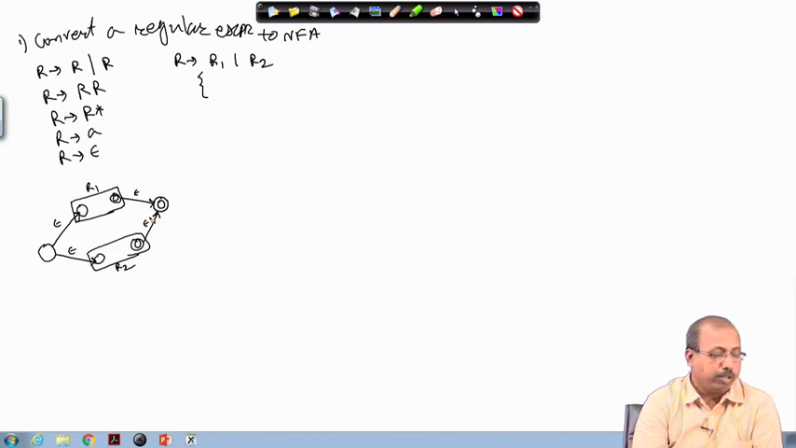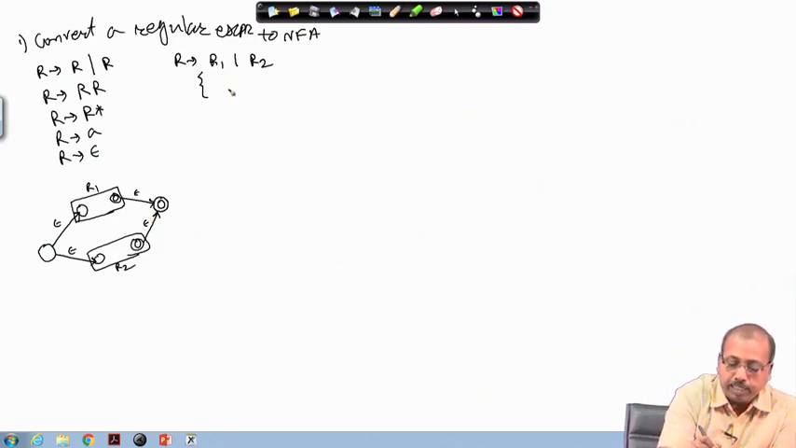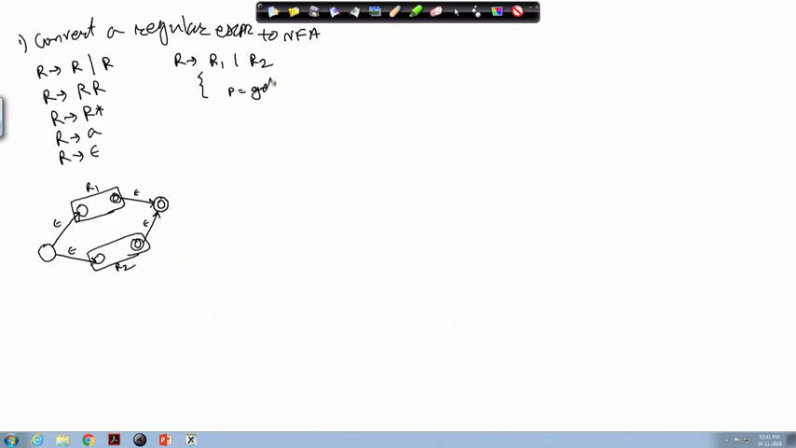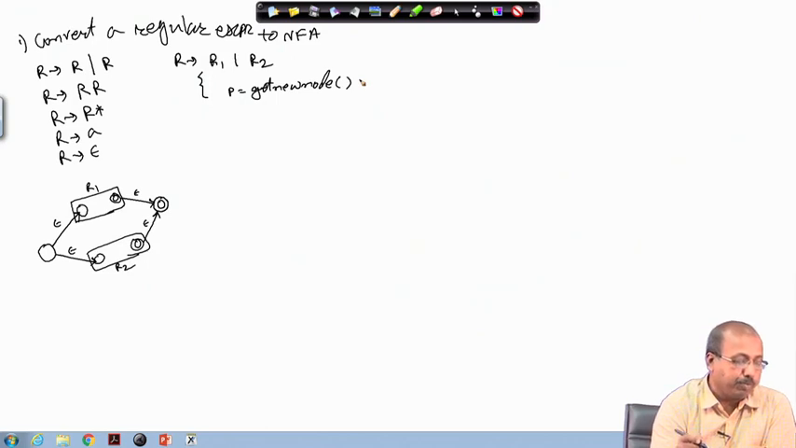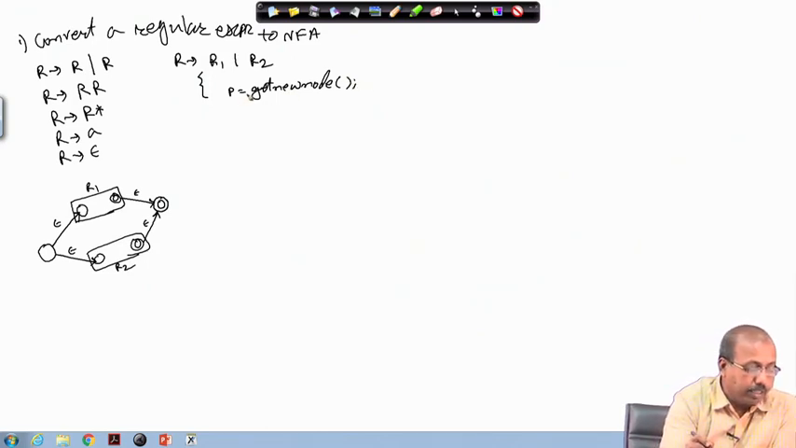So, how are you going to write it? We write it like this. P is a pointer which is get new node. We assume that we have a function get new node. If you call this function, it will return you a new node of the graph. So, we will call that function. Now I have got this new node, and I have to add these epsilon transitions. So, I do add transition,